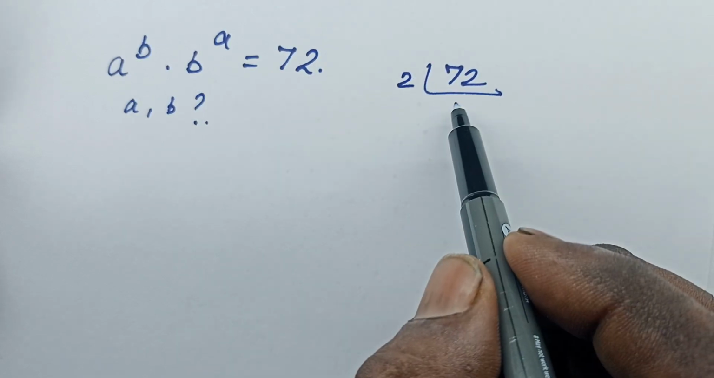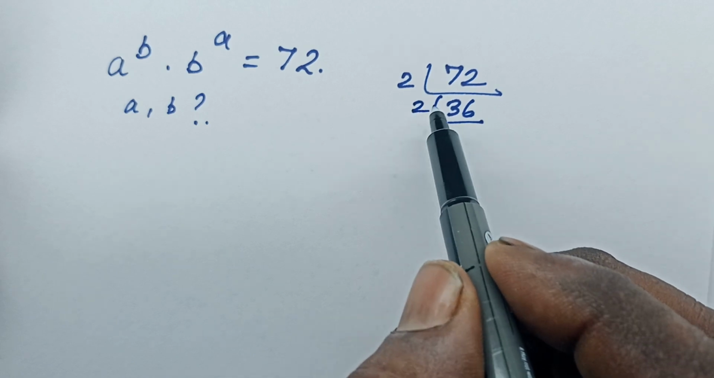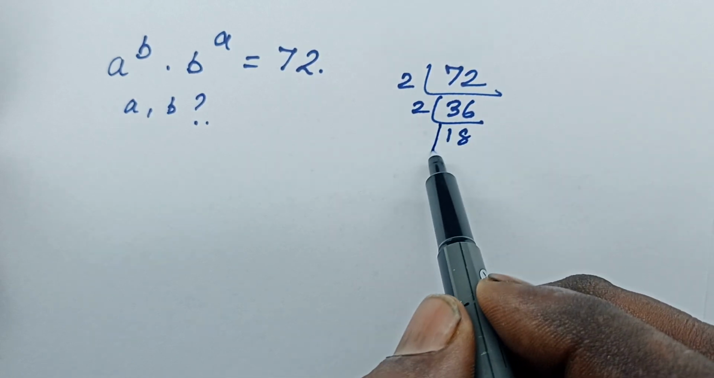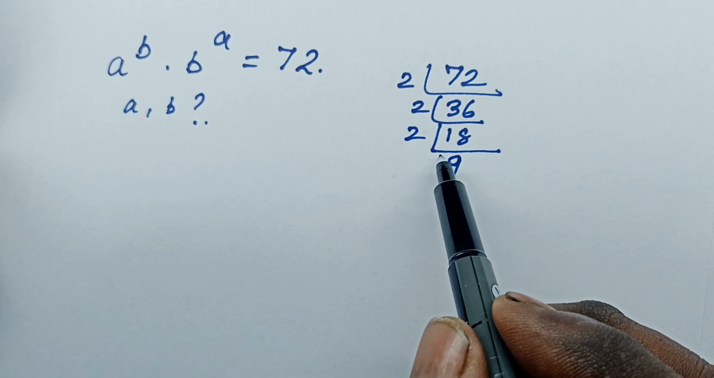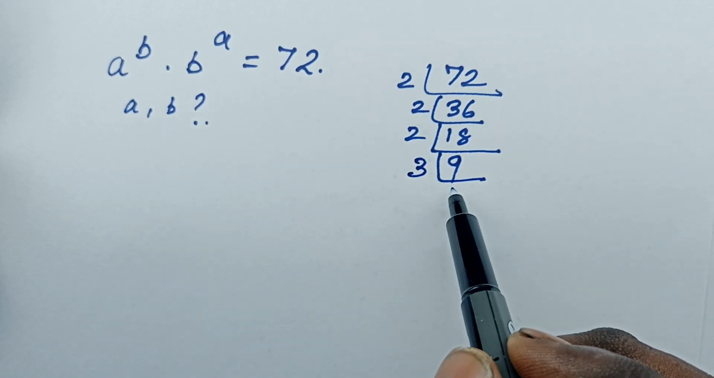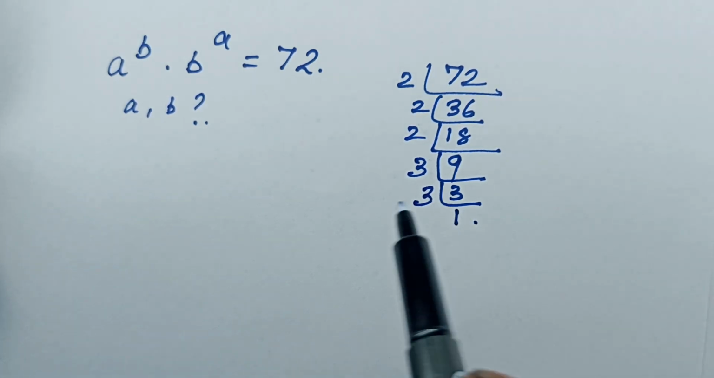2, 72 by 2, 36. 36 by 2, 18. 18 by 2, 9. 9 by 3, 3. And 3 by 3, 1. So